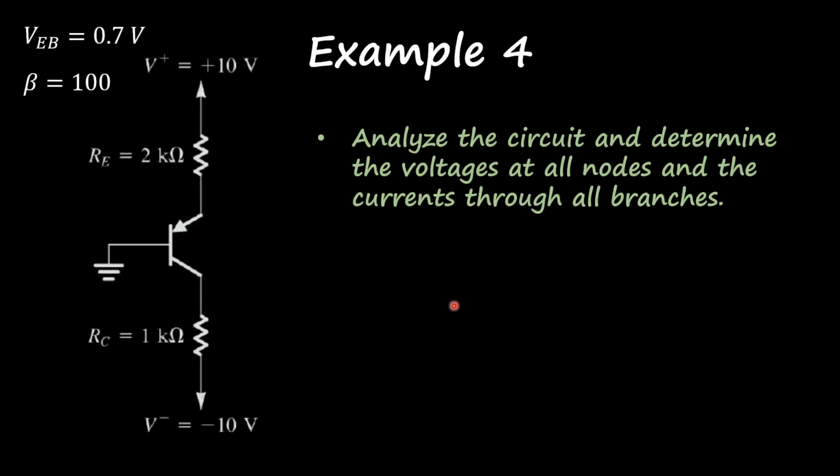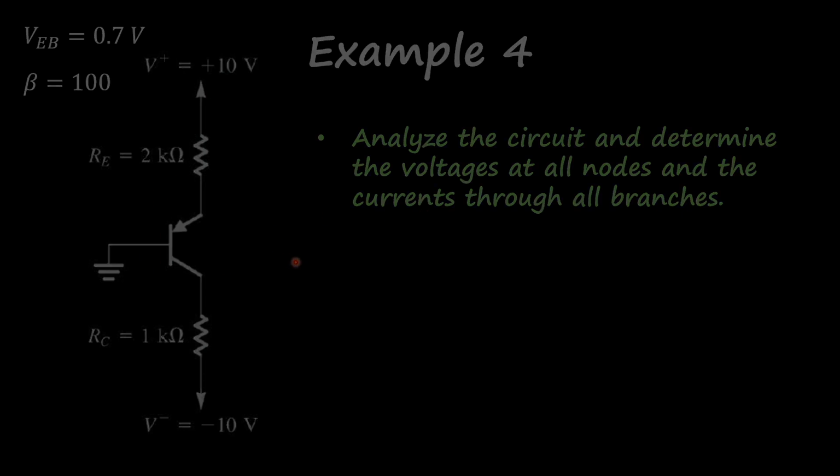Let's go over one more amplifier analysis. And this time we're going to analyze a PNP transistor. And we're going to assume that the voltage between the emitter and the base, the VEB, is equal to 0.7 volts. And the beta for this transistor is equal to 100. And we want to analyze the circuit and find the voltages and the currents in all nodes and branches of